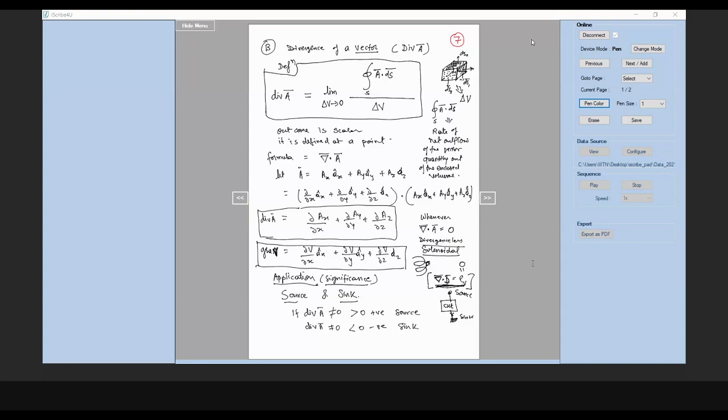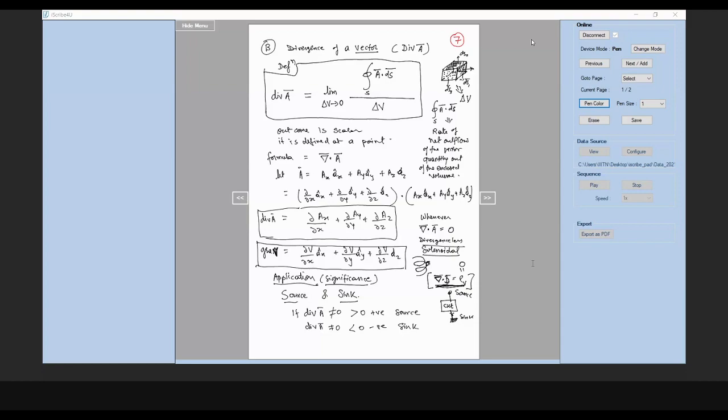Again, homework is now you people have to write the expression of divergence for the remaining two coordinate systems, that is cylindrical and spherical. As I have written the expression here for Cartesian coordinate system, you people have to write it for spherical and cylindrical both. So expression for gradient, expression for divergence, both you have to write.